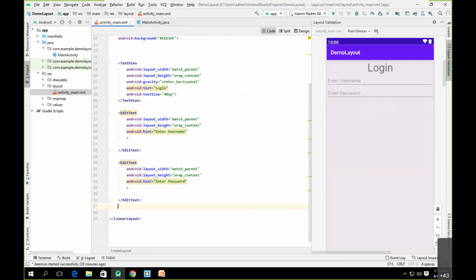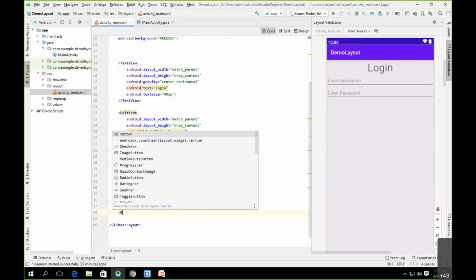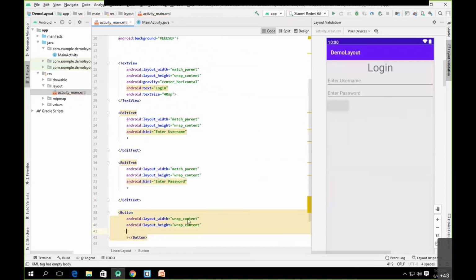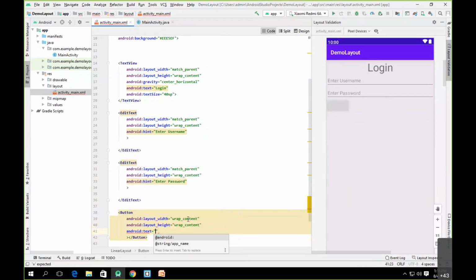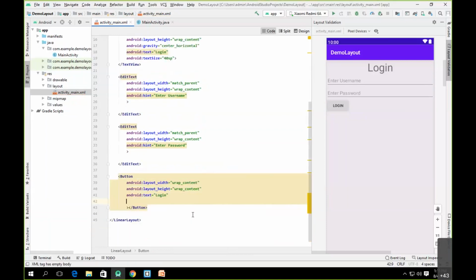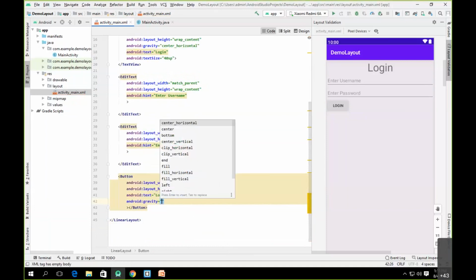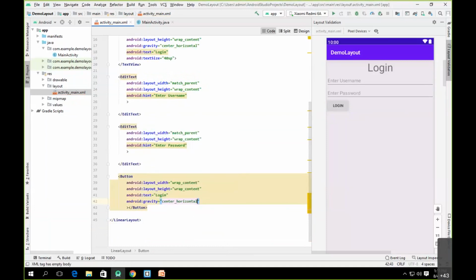And now we have to create one button. So let's create a button with width as wrap content, height as also wrap content, and its text will be login. Since I want to display this button in a center, again I can go towards the gravity and I can say center horizontal.